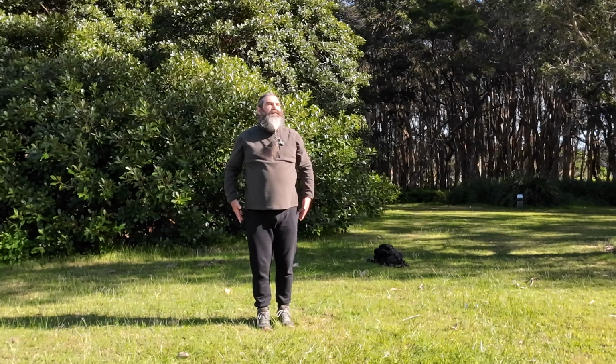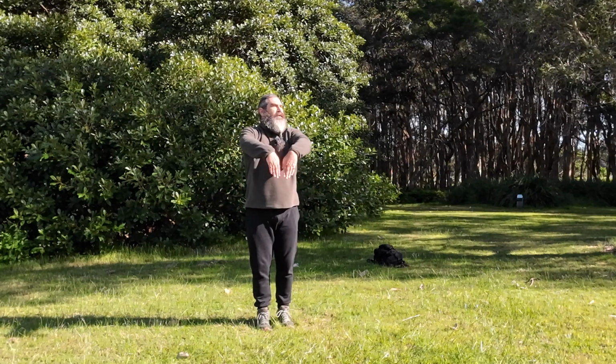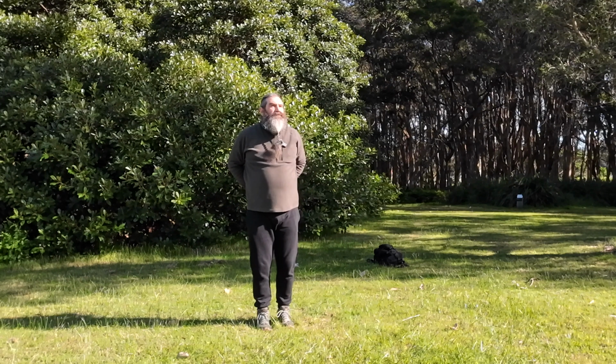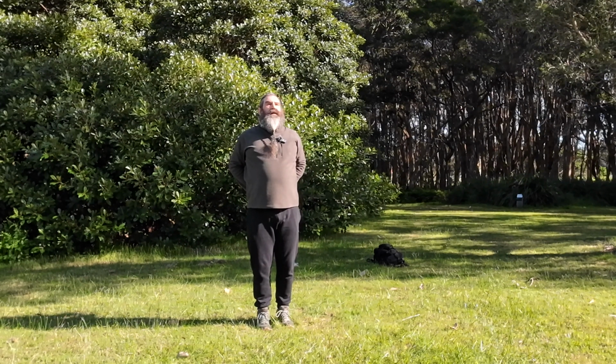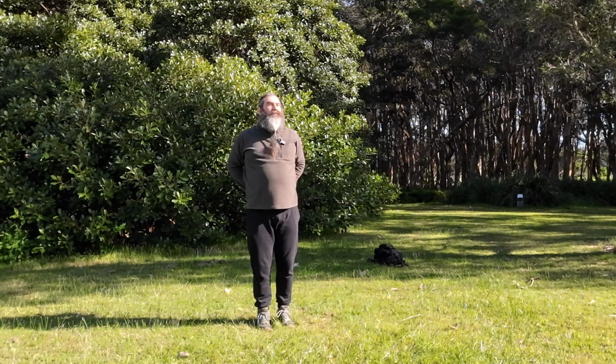Next, we connect the liver system, so it's the return of the blood. So what we do is we put our hands like this at the small of our back. We stretch our shoulders back, we lower our knees, we open our eyes, and we stretch to the right and then to the left, nice and slow, breathing in, turn to the right, look gently and firmly, breathe out as you come back to the center, to the left,